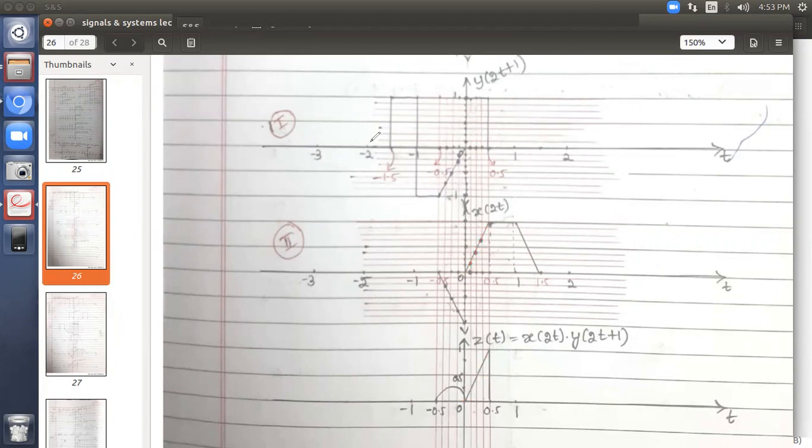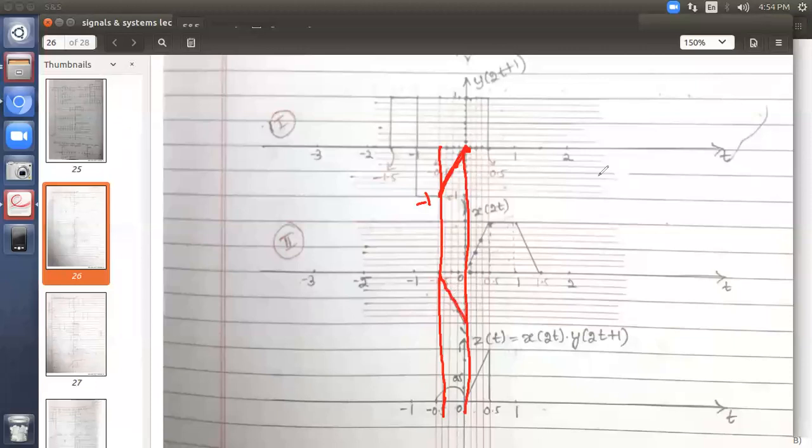Now coming to the last part, we completed this pulse. Just now we did this. Now let's try this. Check the time range. If I multiply, you have 2 ramps here. See, here it is decreasing. From minus 1, the amplitude is getting decreased: minus 1, minus 0.75, minus 0.5, minus 0.25, up to 0. It will reach 0. There is a decreasing ramp here. Observe here, there is an increasing ramp.